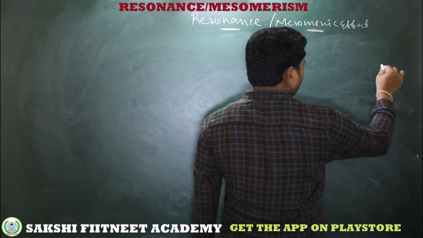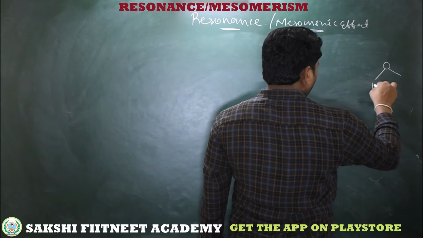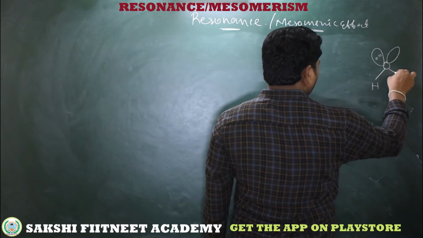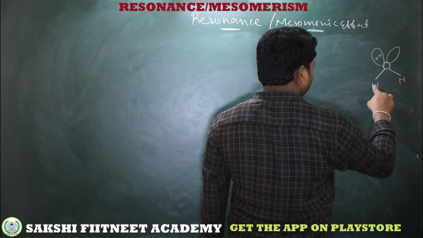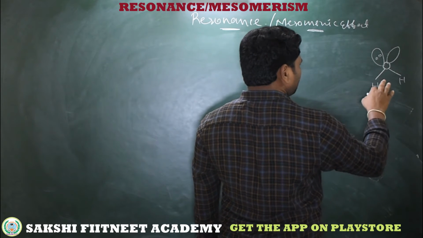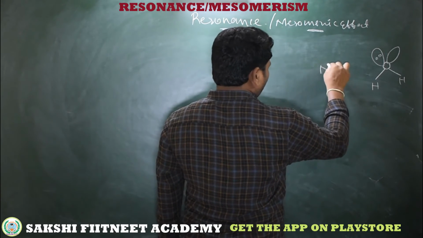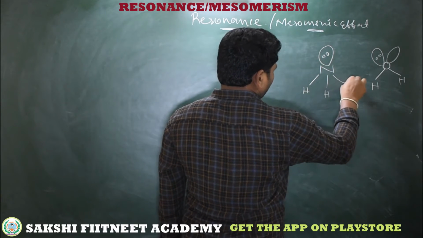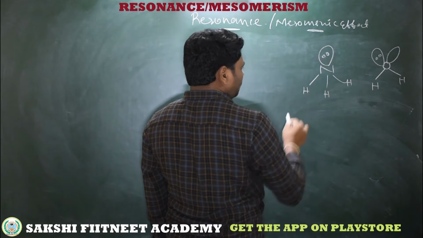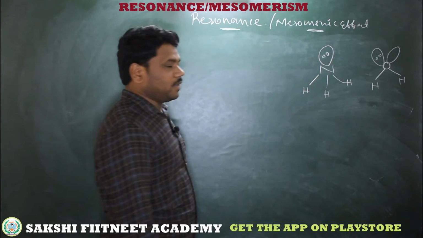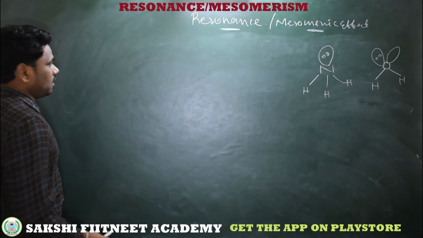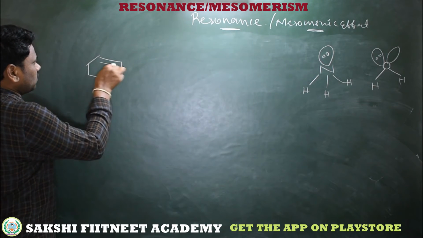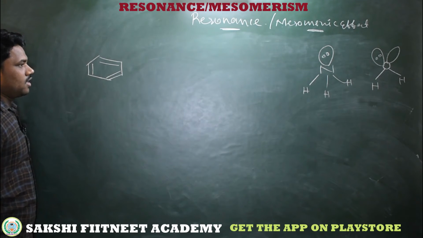So here I am taking a water molecule. See, this is the structure of the water molecule with the 2 covalent bonds bonded to the oxygen. That means 2 hydrogens are bonded to the oxygen. It's a bent shape. Now here I am taking another molecule, which is ammonia, which is bonded to 3 hydrogens. This is a trigonal pyramidal geometry. Here I am taking a conjugative cyclic compound.